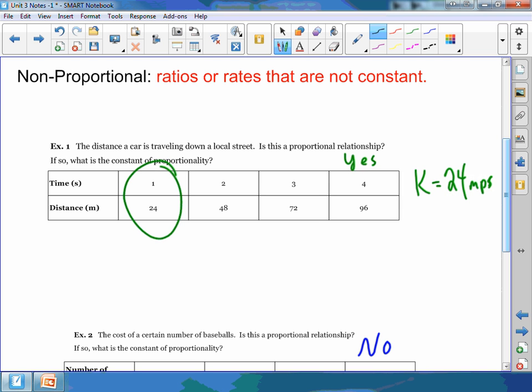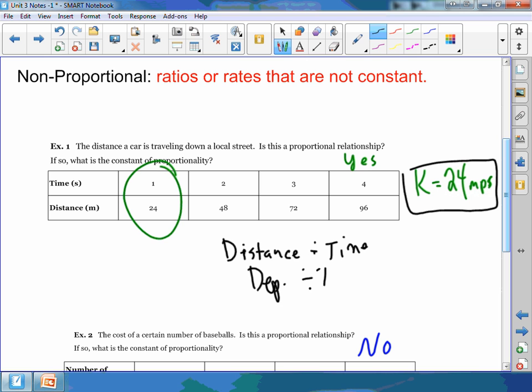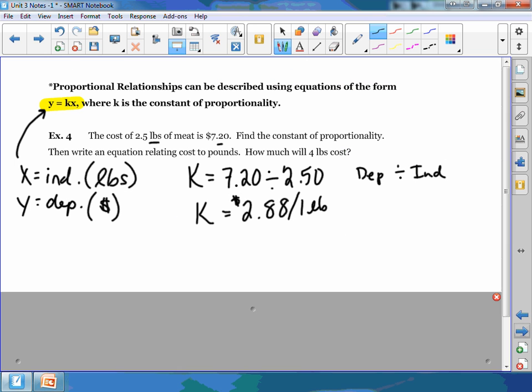But when we measure distance, like how far do you go? Well, how long did I drive, okay? So in order for us to get this amount here, it looks like most of you guys took the distance and you divided it by the time. Or you took the dependent variable and divided it by the independent variable. Well, that's 2 out of our 2 examples that have been done that way. I'm going to show you this. And you guys being experts at solving equations will be able to prove this.